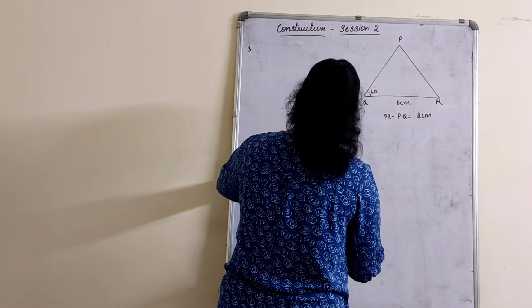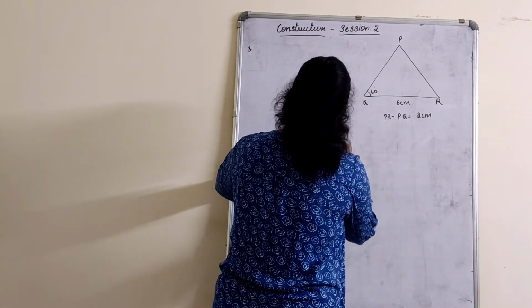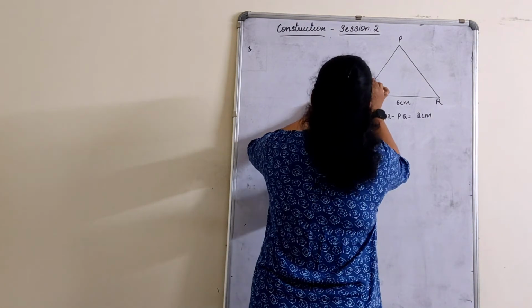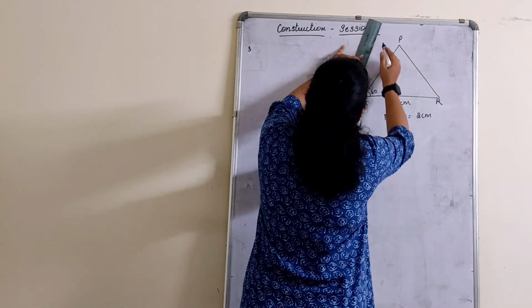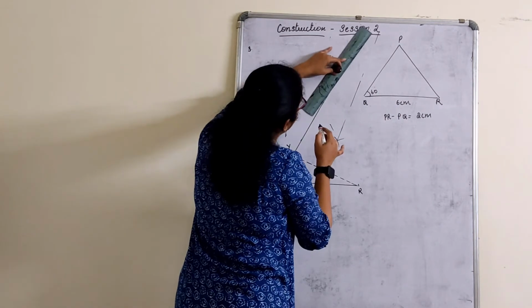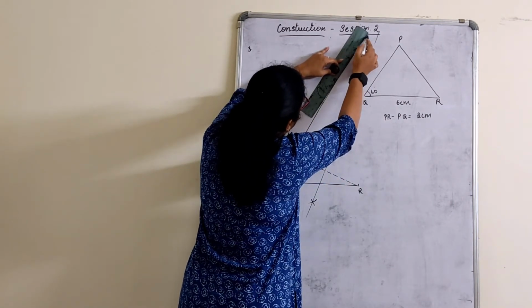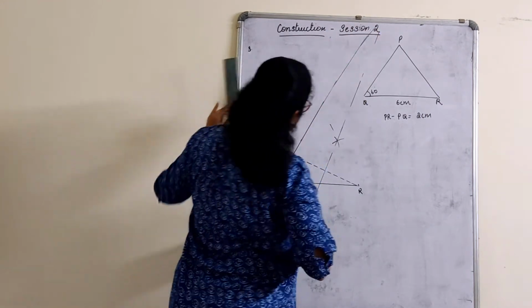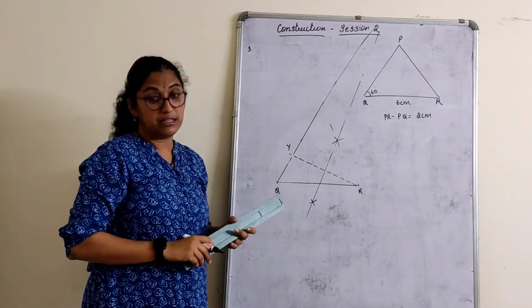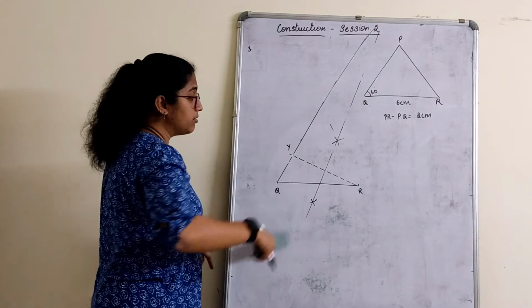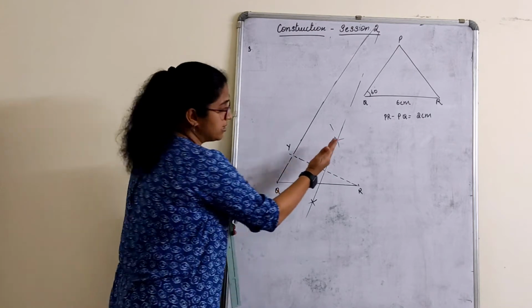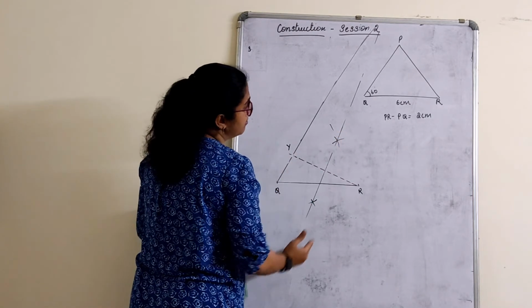Let me actually do this. Extend this. Extend this. Extend this part so that it will go and actually join. Yeah, it's becoming difficult for me to join it here because it will extend mine here, but yours will definitely join, children. Did you get this point of bisection? Because here the compass drawing that I do doesn't come accurately, right? Slightly, if it comes here, then it will go and join.